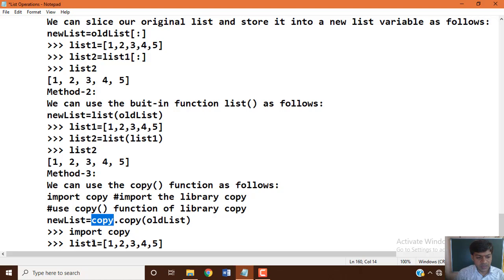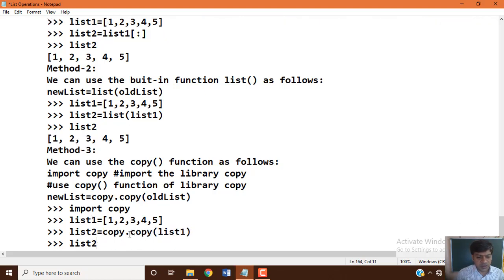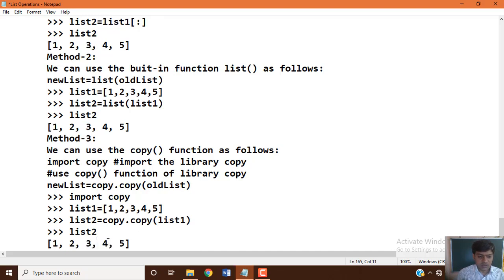For the example we see here, import copy, list 1 equal to the values, then list 2 equal to copy of list 1, which will copy the list 1 data items into the list 2 variable. Okay, so this is how you can work with operations on lists in Python programming.